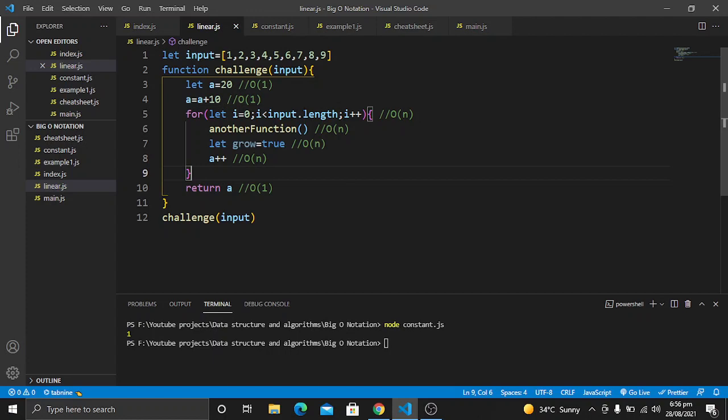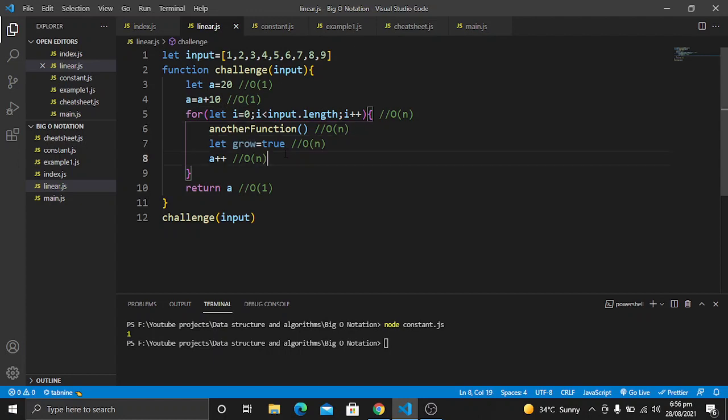As you will see, for example, here we have 9 items, and when we run this loop, this function that we have declared elsewhere in our code, for example in the project, will be called 9 times, because the number of inputs is 9 and the for loop is running 9 times. Similarly, this variable will be assigned true 9 times.